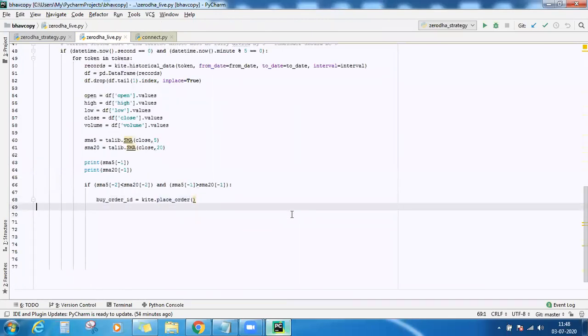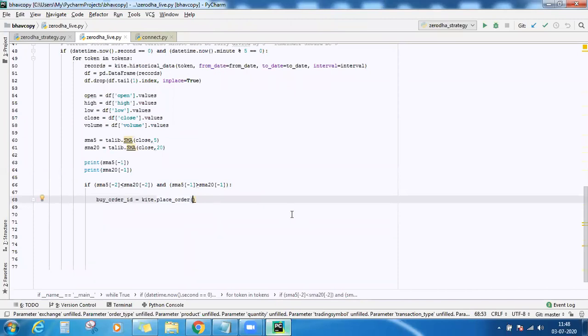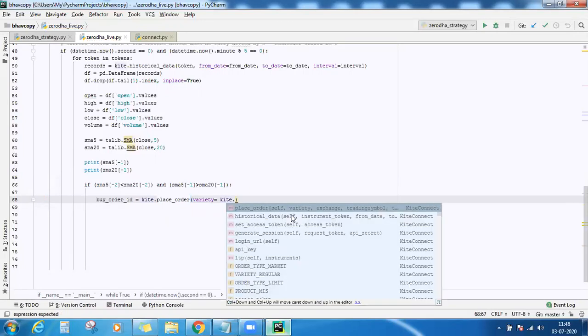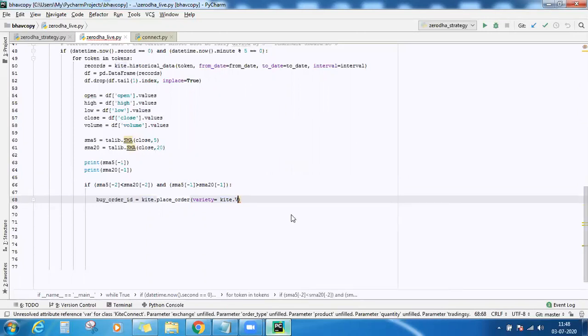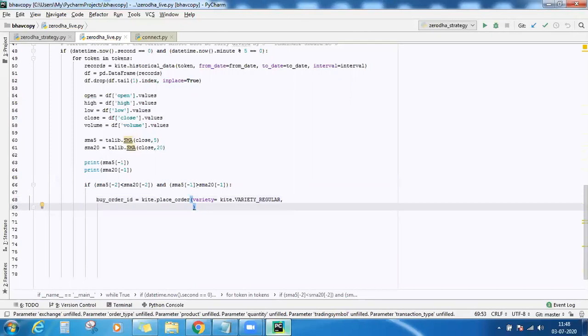So first is the variety. So kite dot variety regular. I'm not choosing the bracket or cover or after market. I'm only choosing this regular variety.